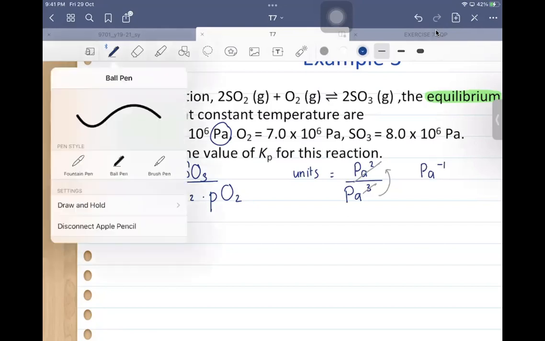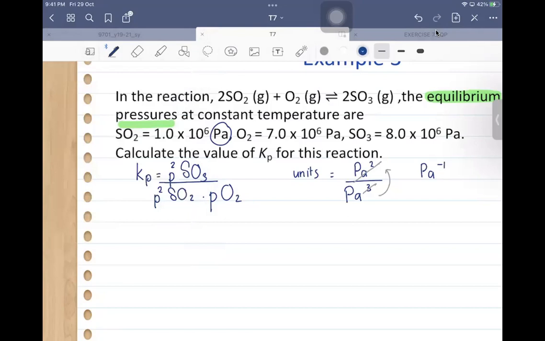Okay, so I will let you try. And you should get your Kp answer as 9.14 times 10 to the power of -6 Pascal to the power of -1. You can pause here if you want, but I will continue